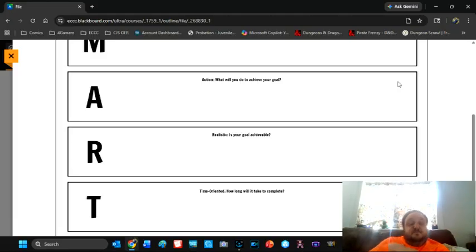The R and the T of SMART are the parts of SMART goals that push you personally. I mean, the other ones may make you think a little bit deeper about it, but the R and the T is where sometimes it means that maybe the goals that you set in the first part aren't quite right and they need tweaking, because R is realistic.